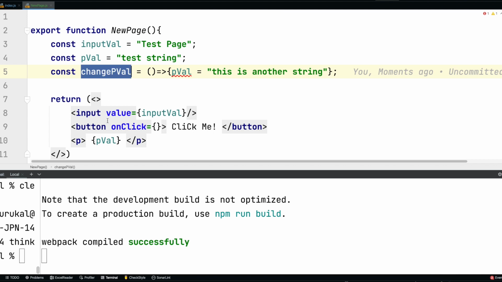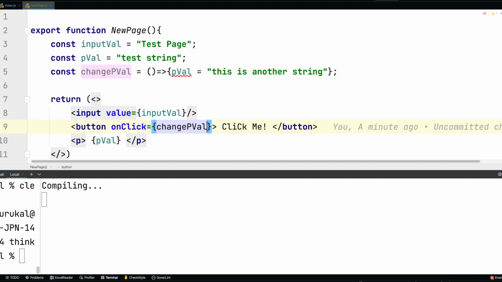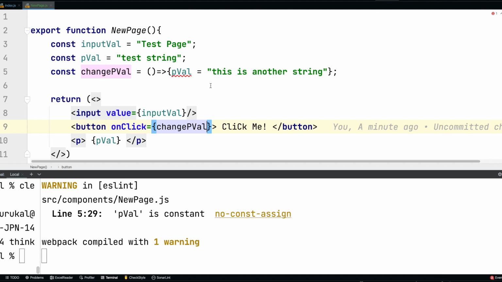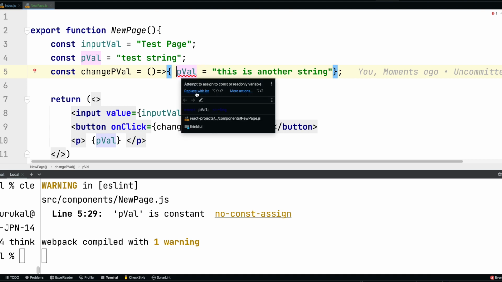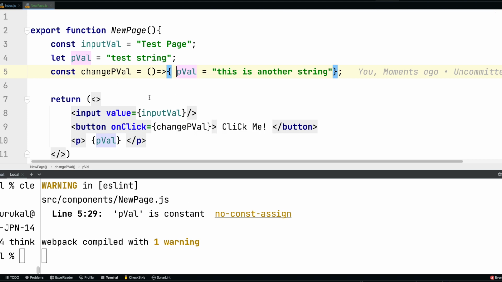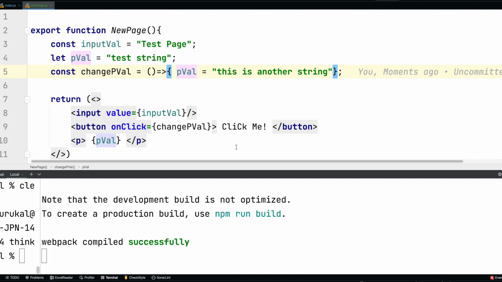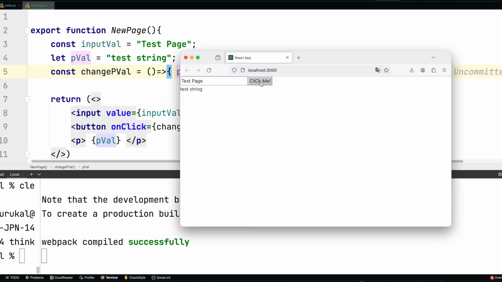Let's pass this callback to the onClick action. Is there an issue here? That was a constant, so let's replace this with let so that I can change the value. And now when I click the button,